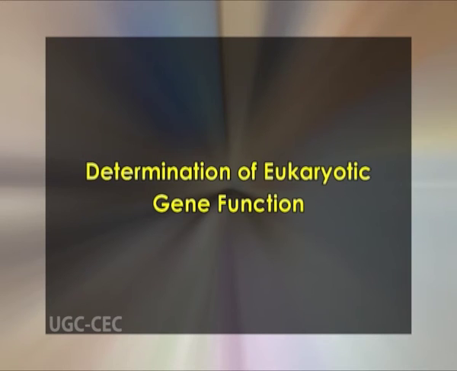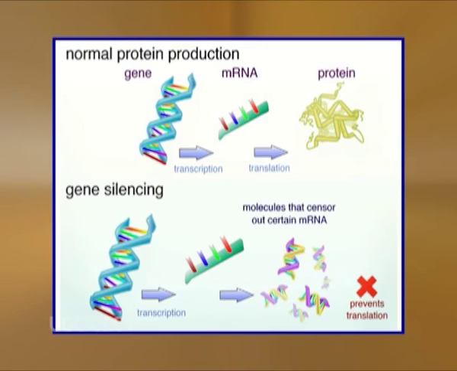Lastly, we will discuss determination of eukaryotic gene function. Ultimately, one wishes to determine how genes and the proteins they encode function in the intact organism. We can often answer this question best by seeing what happens when we create deliberate, targeted disruption of a particular gene in a living organism. First, we will discuss the method of introducing specific mutations into genes in vitro. Later, we will discuss two widely used techniques for eliminating gene function in vivo.